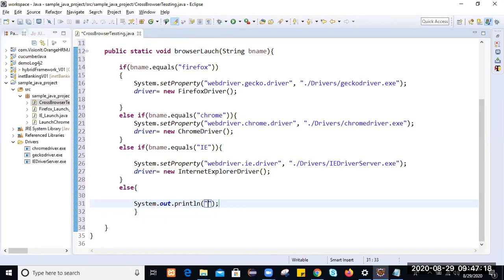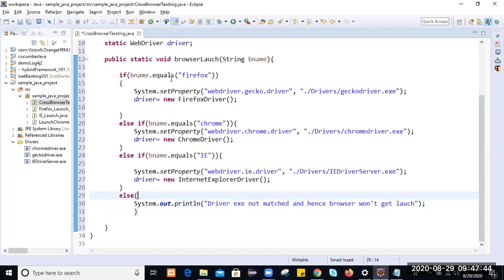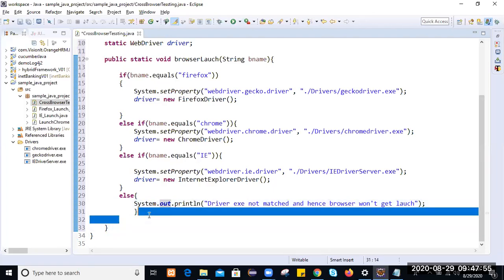Let me write. If any driver exe does not match, then we'll say here: driver exe not matched, and hence browser won't get launched. If none of the driver exes match from above, then we'll write one else message: driver exe not matched, and hence browser won't get launched.